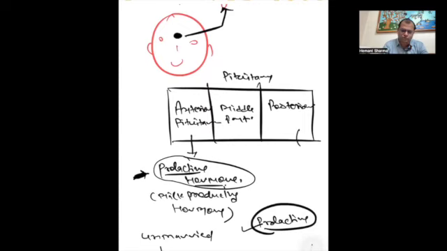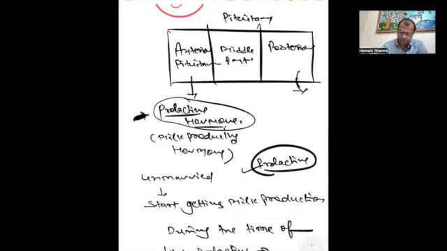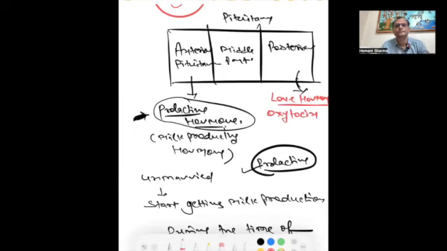Now let's discuss the posterior pituitary. 那我们现在来讲一下脑垂体的后方。Now the posterior pituitary also secretes one hormone that is called the love hormone. 脑垂体后方分泌的叫爱的荷尔蒙。The other name of the love hormone is oxytocin. 也就是催产素。Even when a male and female are loving each other, they are getting a good bond because of the secretion of oxytocin. 那当男性跟女性相爱的时候，主要是因为催产素的分泌。